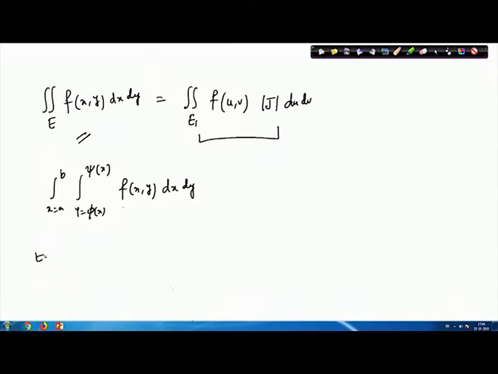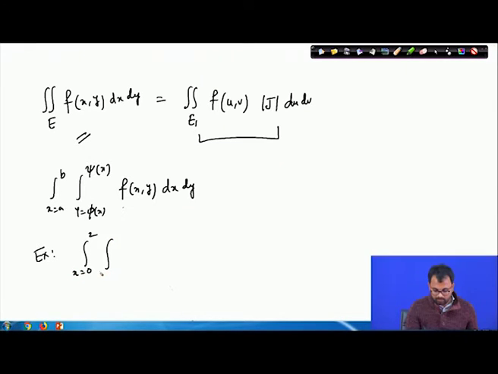One such example could be, let's say, we have something like this integral: y is running from 0 to 2, and x is running from y to 2, e to the power x square dx dy. So now for this integral, the integrand is not so common, because in order to integrate this,